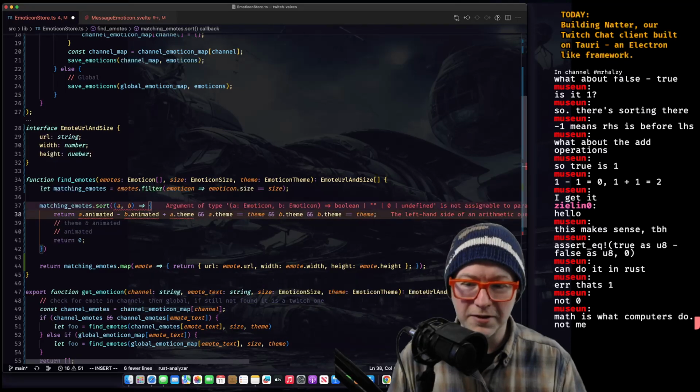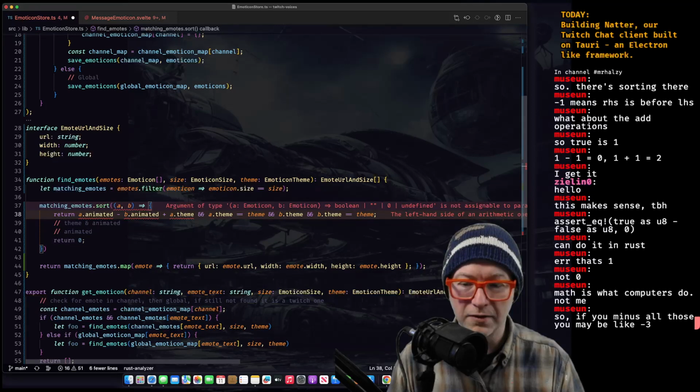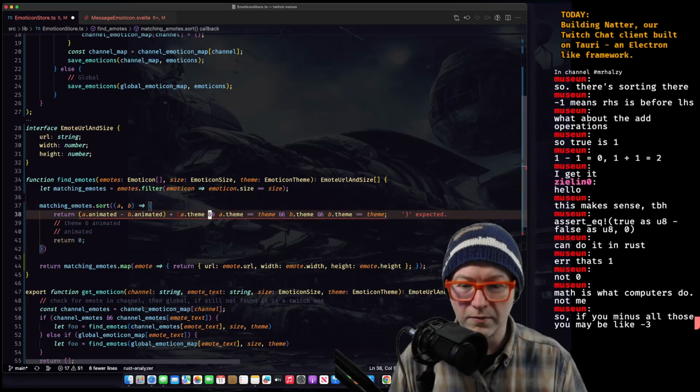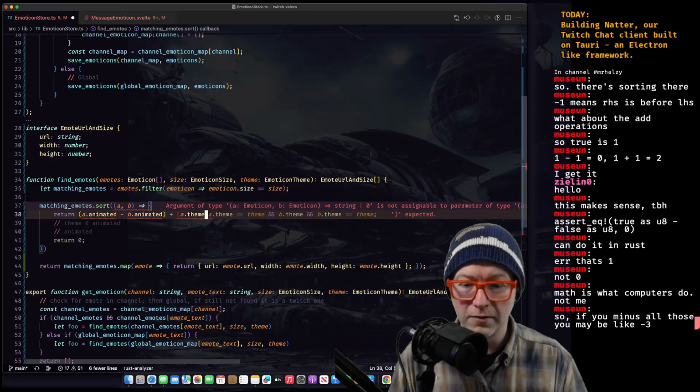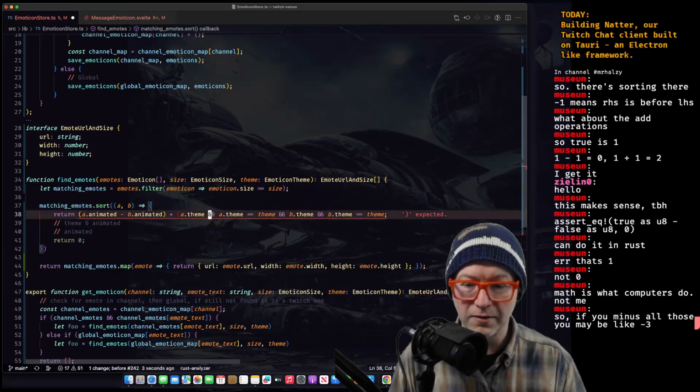Did we do a plus here? Because if we do a plus, these things need to be... I want to make sure that this is done in the right order too. If the themes even exist.